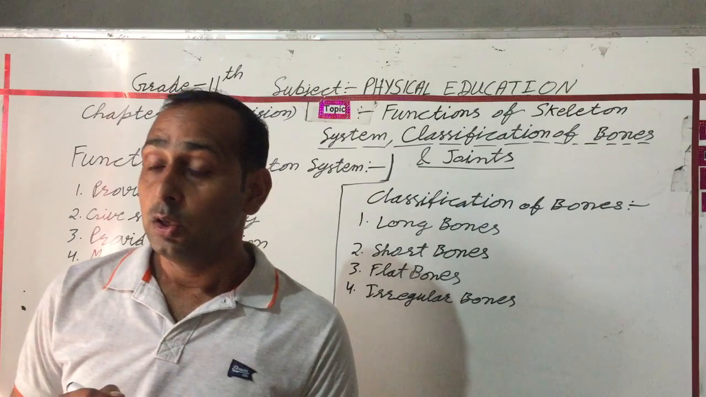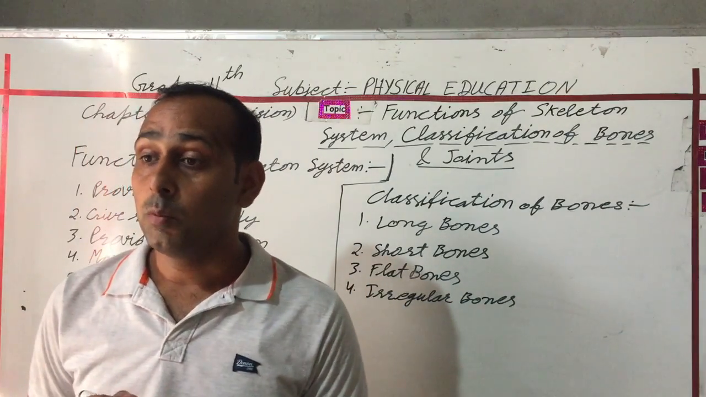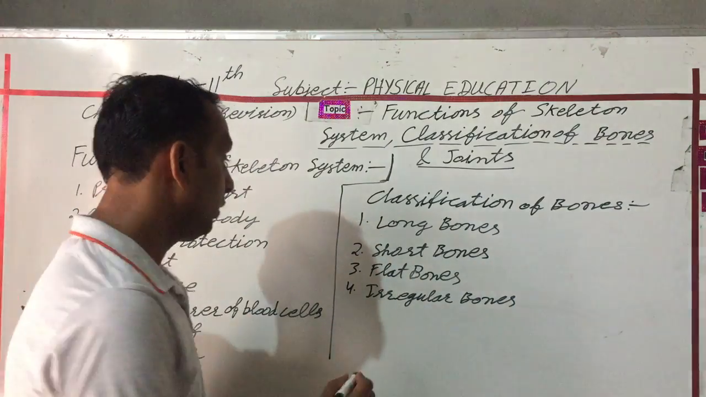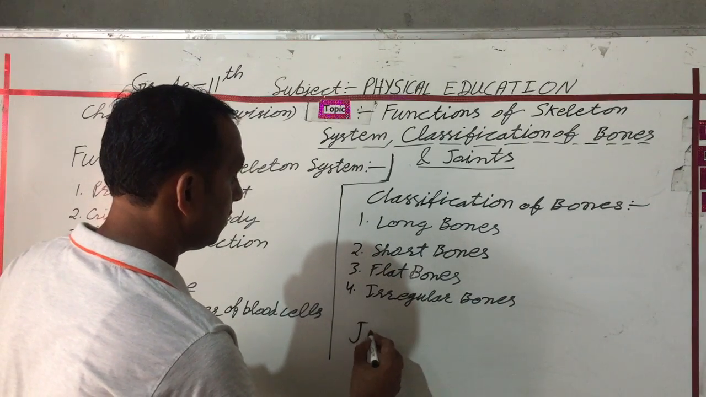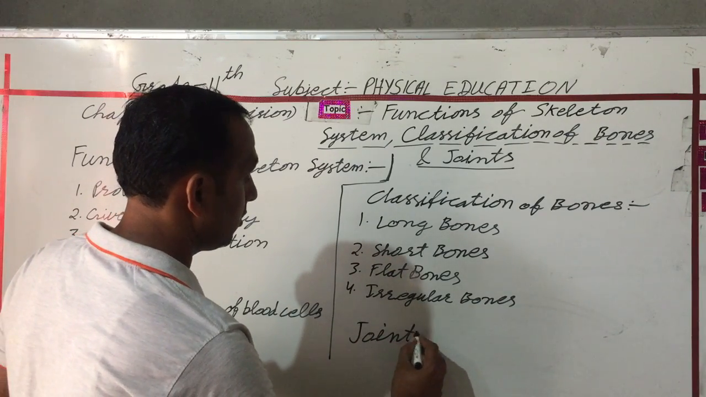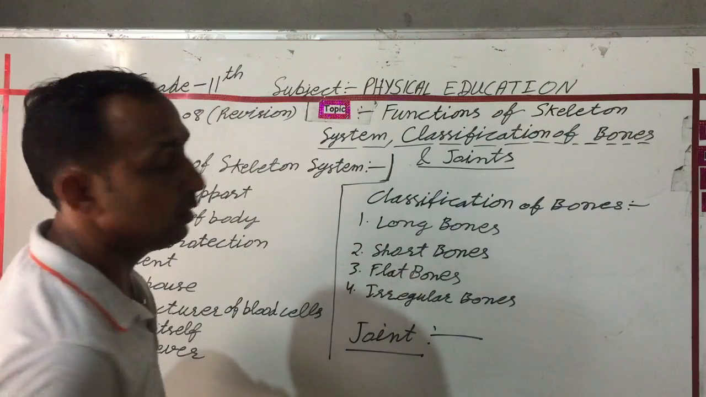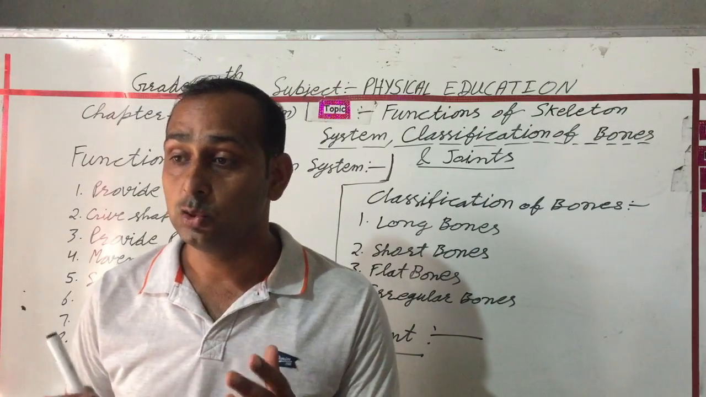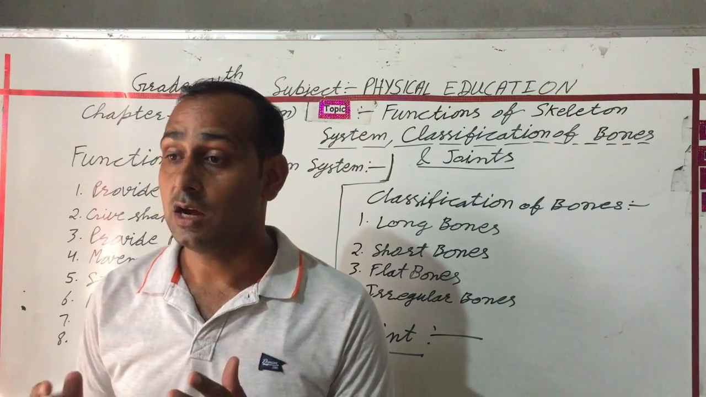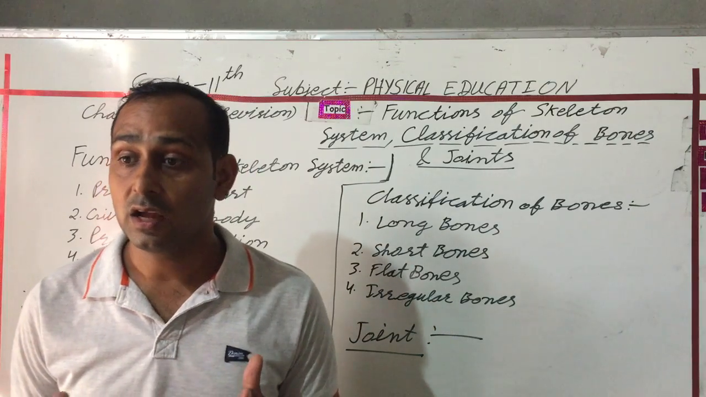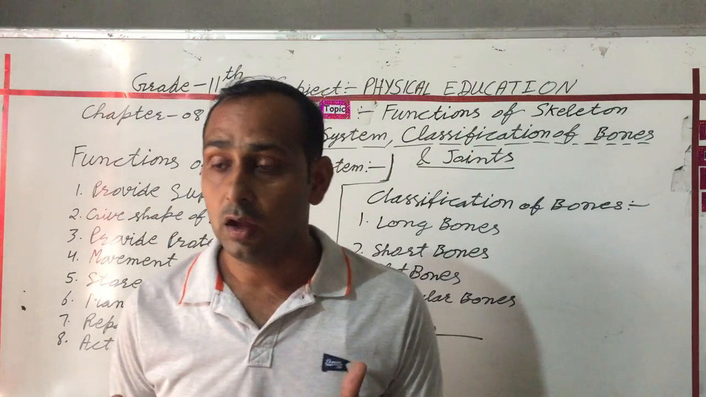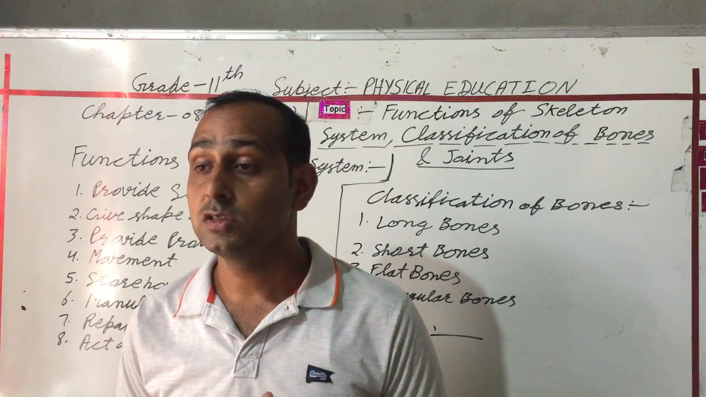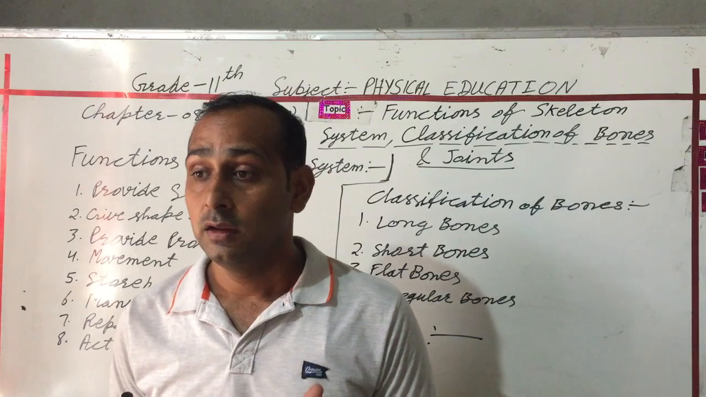Next is the joints. When two or more bones are joined, their union is called a joint. The study is called arthrology. In joints, the bones are separated by thin membranes,